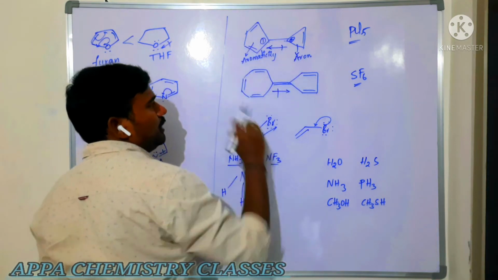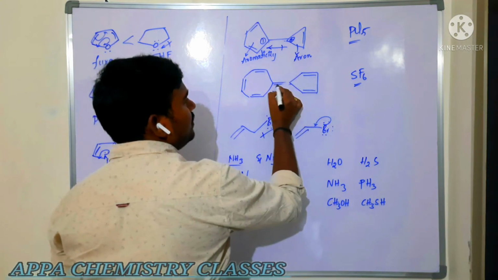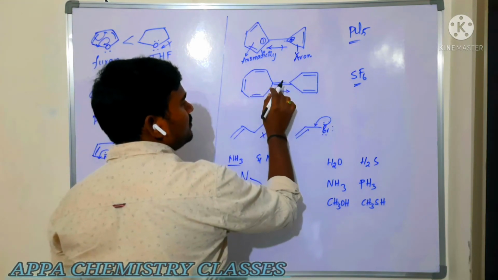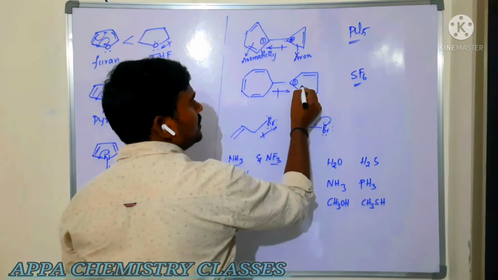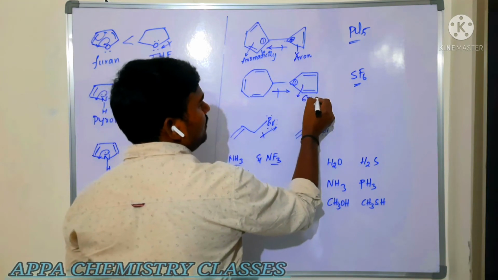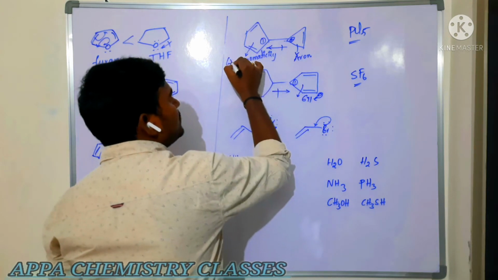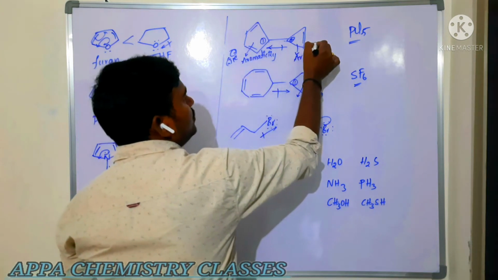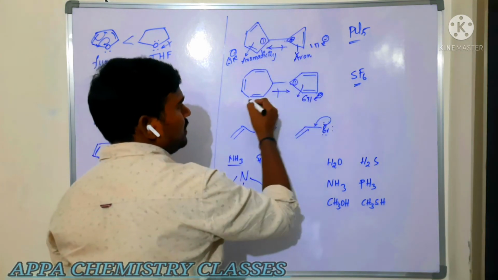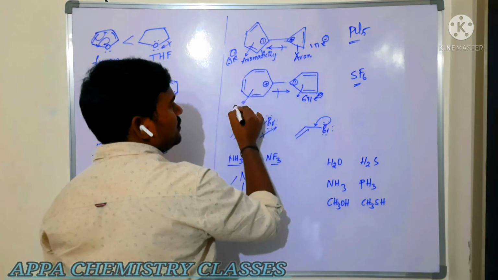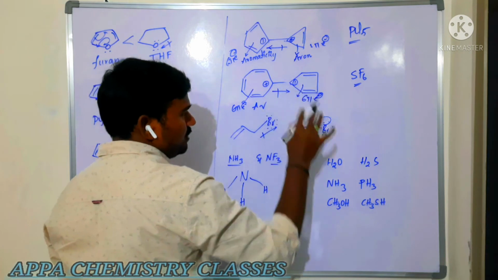So the bond moment will be in this direction. Now in this case the bond moment should be in this direction, and only then both the atoms will get the stability. When this pi bond is moving in this direction, it gets the negative charge. So it has 6 pi electrons. 6 pi electrons obey the 4n+2 delocalized pi electron rule. It is also 6 pi electrons, Huckel rule obeyed. It is 2 pi electrons, Huckel rule obeyed. And planar, so it is aromatic. It is also aromatic. Here also plus charge. So 6 pi electrons, so aromatic. So due to its aromatic nature, that is the moment.